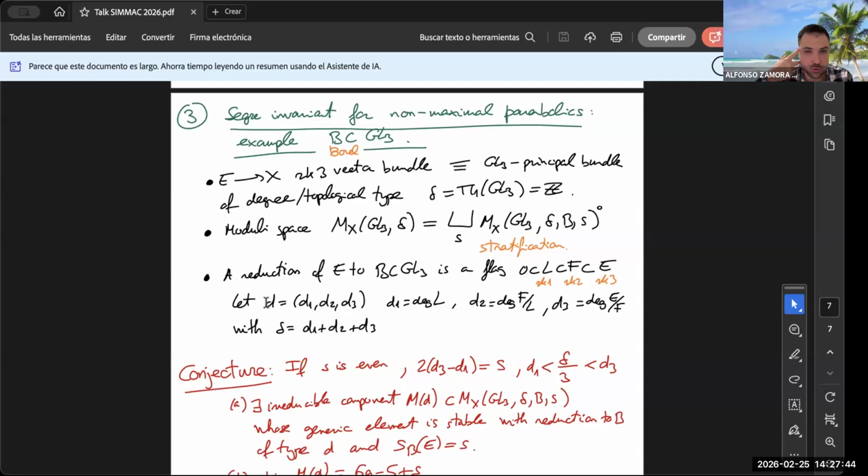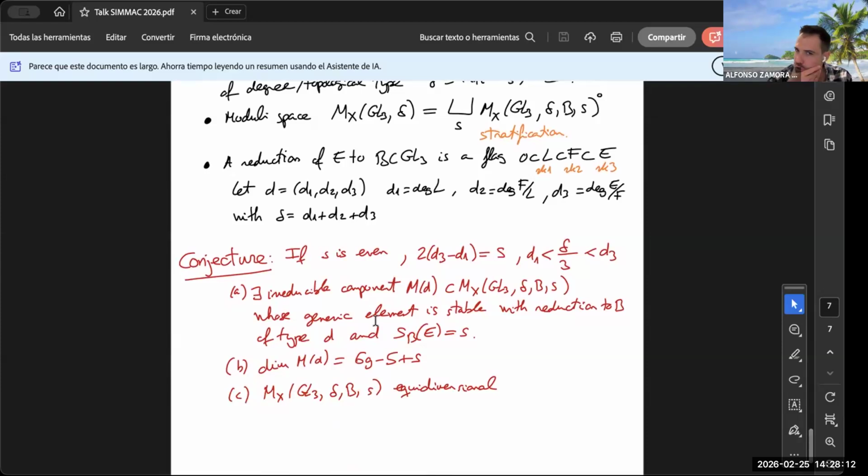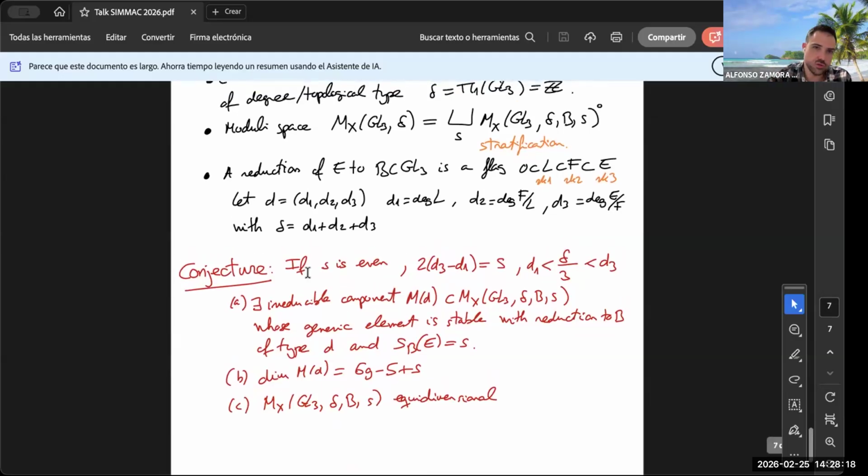So for example, even for vector bundles, so for GL3 rank 3 vector bundles, if we consider as a parabolic the Borel, then reductions of E to the Borel are flags of a line subbundle or rank 2 subbundle indexed by a tuple of degrees. Then we are trying to understand what can be said about the geometry of this stratification, and we conjecture, we are making progress on this, for particular values of the invariants involved in these reductions,